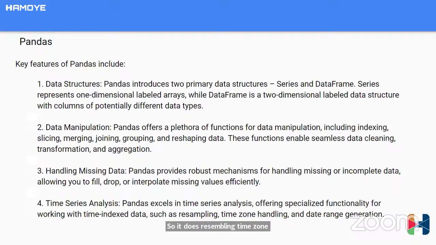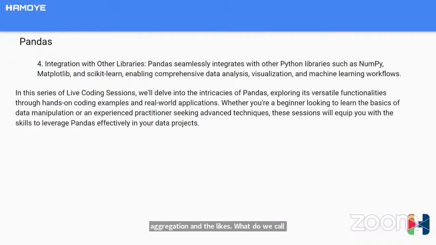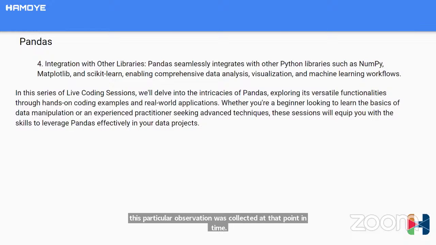What do we call time series data? Time series data is data that is dependent on time. It's a data set that takes into account the time at which that data was collected. A popular example of time series data is weather. Any data set that is trying to give the weather over a period of time is time series data, because the data set takes into consideration the timestamp, that's the time at which this particular observation was collected at that point in time. So data sets like that are called time series data,